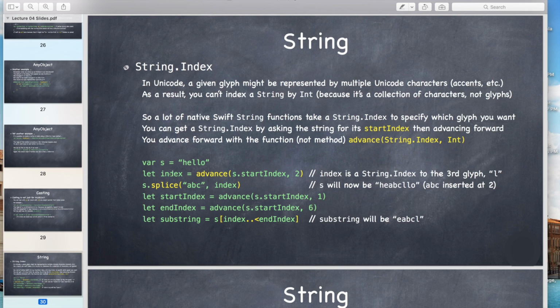The next topic is strings in Swift. Strings is one of the